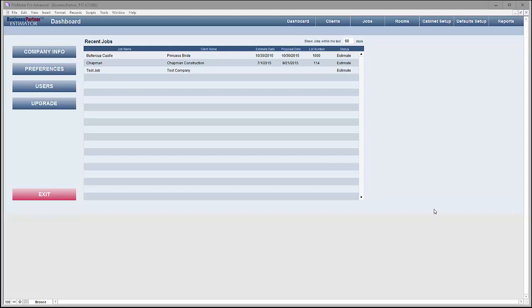So as you can see on the screen capture that I'm displaying, first I want to point out that I'm running in a large format or widescreen format, so I'm not certain how well you'll be able to see this, but hopefully it'll be clear if you make it full screen. That's my intention, for you to watch it in full screen mode. But the buttons you see here, company info, preferences, users, and upgrade, are what we're going to cover today on